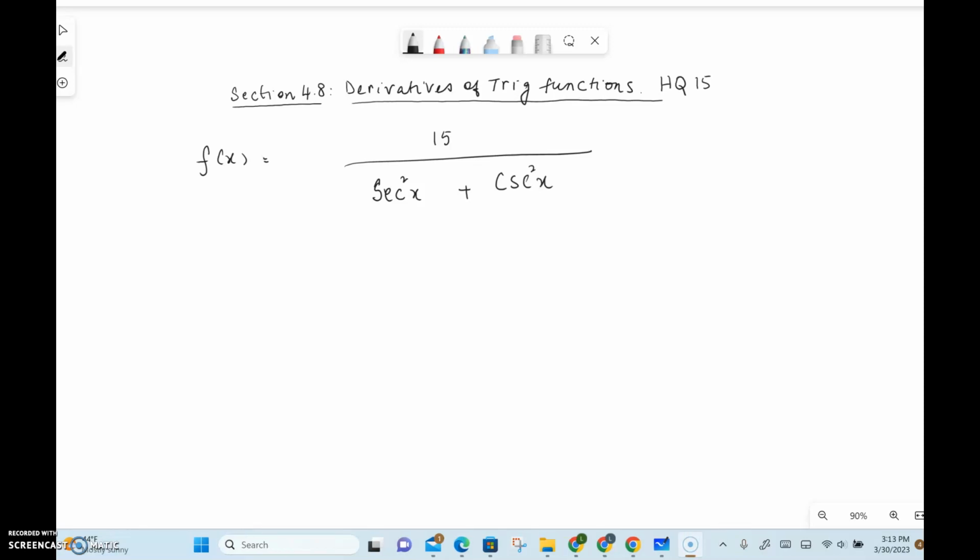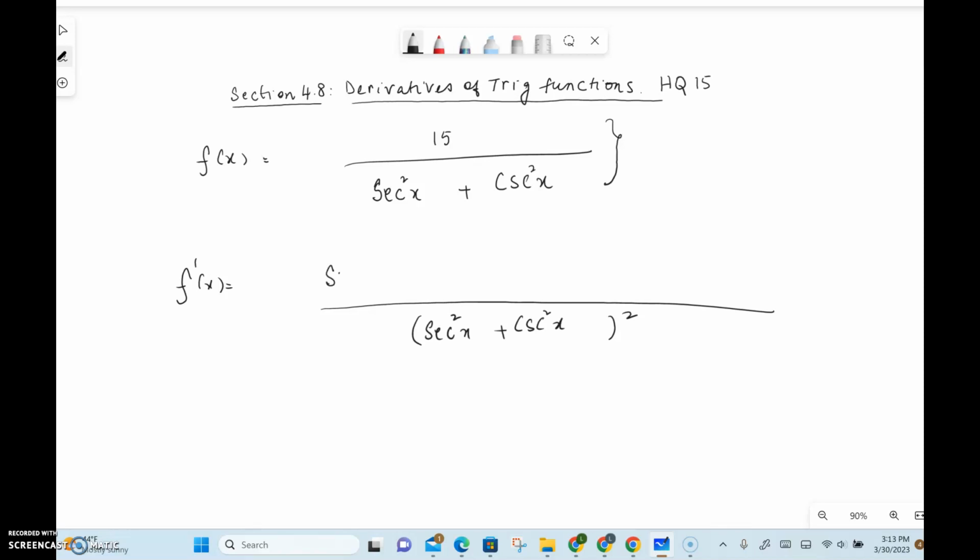So this function is a quotient. So we go f prime of x is equal to the square of the denominator. So secant squared of x plus cosecant squared of x the whole squared, and then secant squared of x plus cosecant squared of x, since it's a sum, times d by dx of the numerator